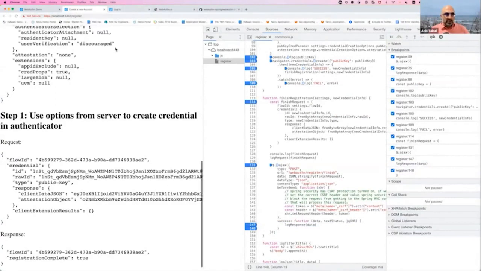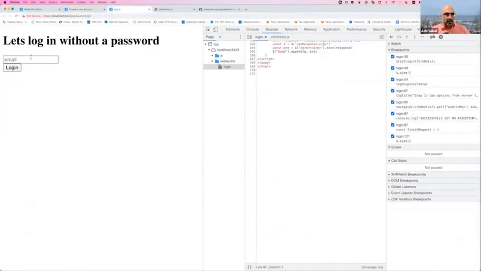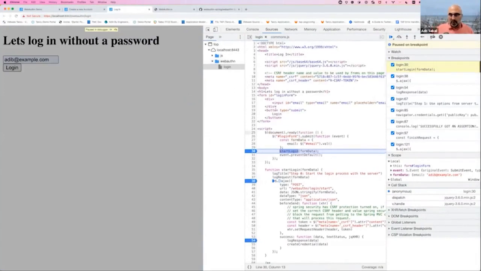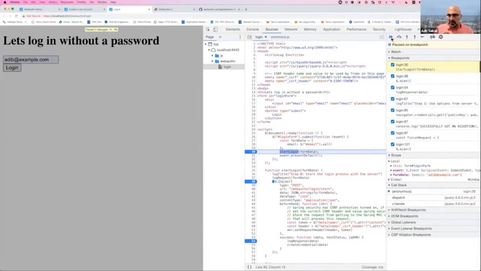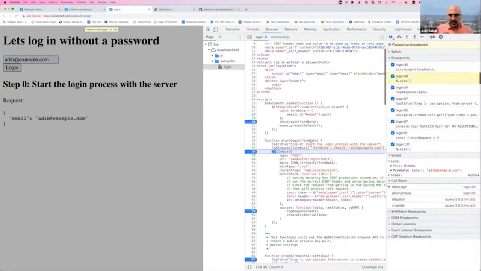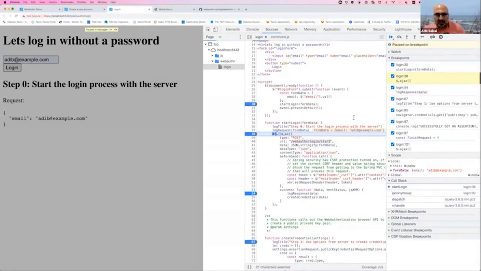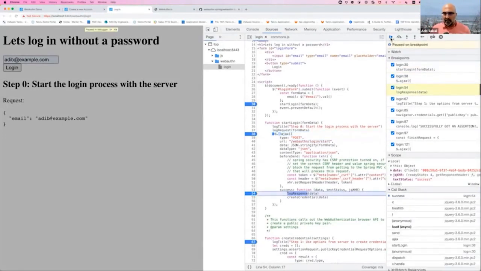So if I go here to the login screen, I can type adib@example.com, click on login, and what's going to happen is, same thing that I did before, jQuery is going to intercept the call, and we're going to start the login process. You can see here I'm going to do an HTTP post to this URL, which is a standard Spring MVC controller, to kick off the, hey, I want to log in. So we're telling the website that we want to log in, and the website is going to come back and say,